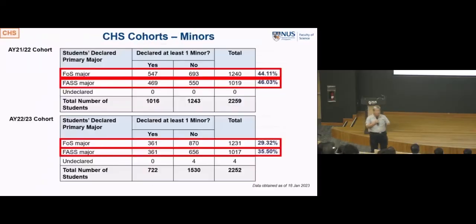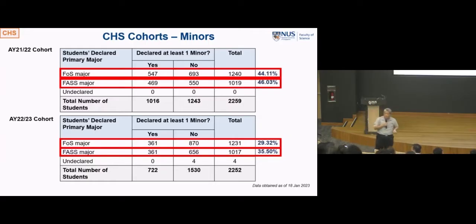Okay? Let me just show you the next one. What about, I show you those who are already doing the double degree, those who are doing the second major. Let me tell you how many of them are doing a minor as well. This is the number. Science major, this is the third year students. 40% of them, maybe over and above those who are doing this. In other words, 2 out of every 5 of your third year seniors are actually doing some other thing with their unrestricted electives. Okay?